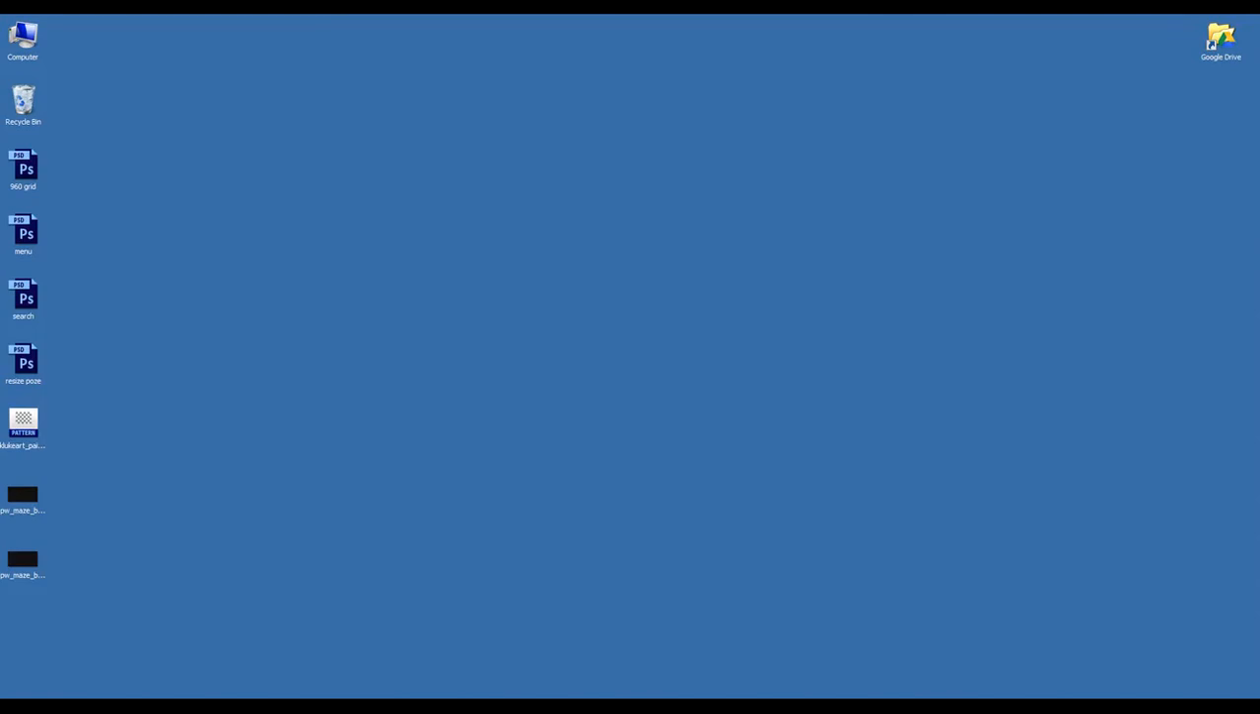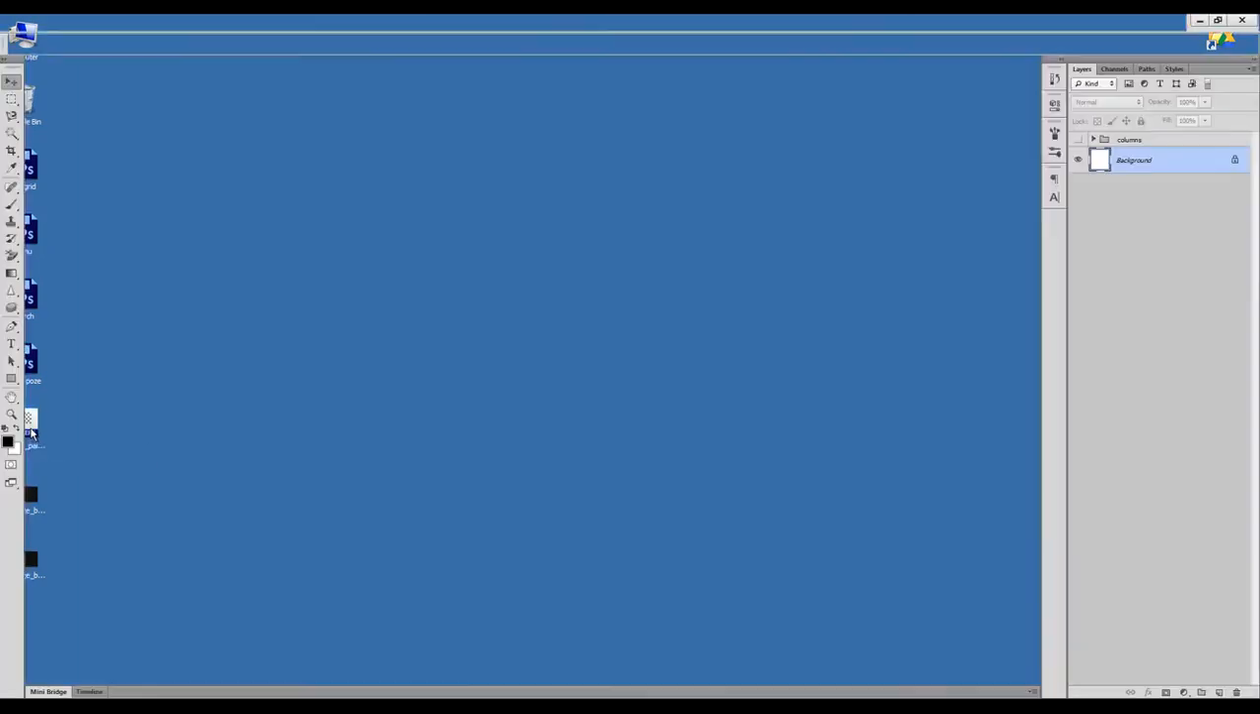Defining a pattern from an image. Sometimes when you search for resources, you might see patterns or gradients that have this icon. To add them to Photoshop, you need to double-click them,